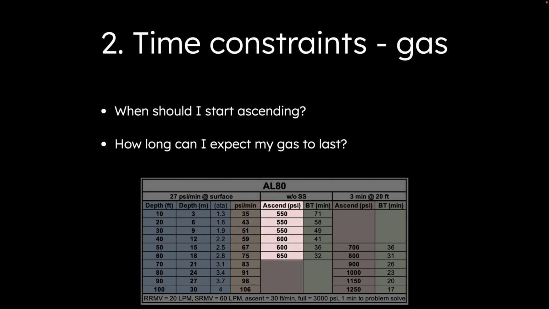This next column here is the ascent pressure, or what is sometimes called rock bottom. This is intended to be the pressure in your SPG at which you should start ascending. This is enough gas for you and your buddy to be able to get safely to the surface, even in